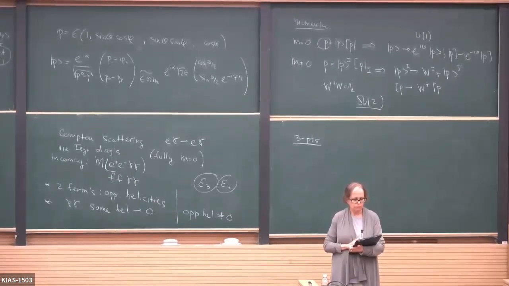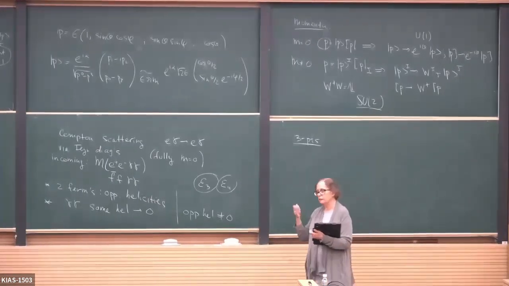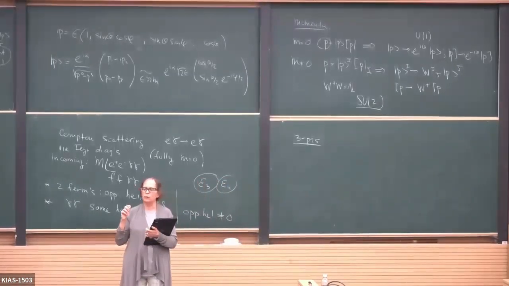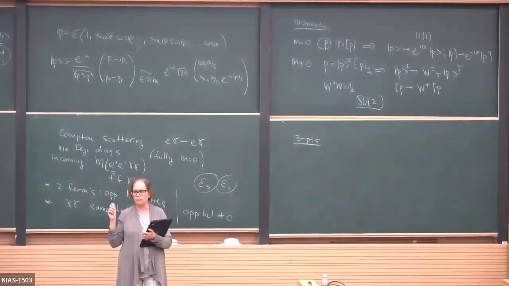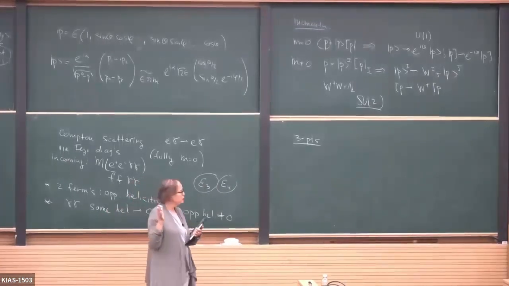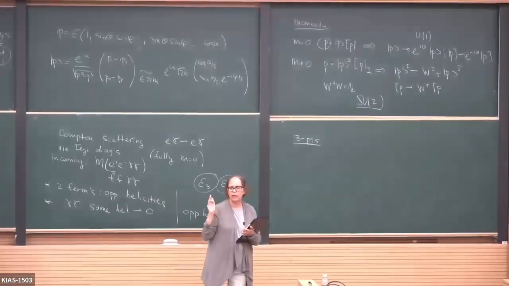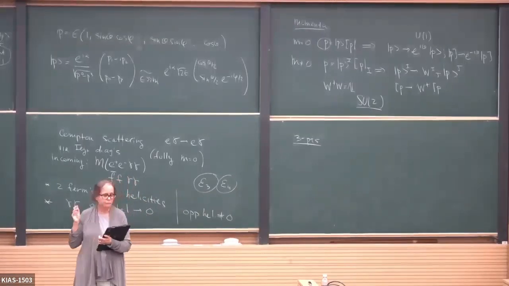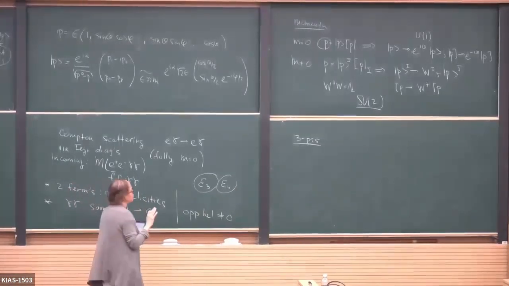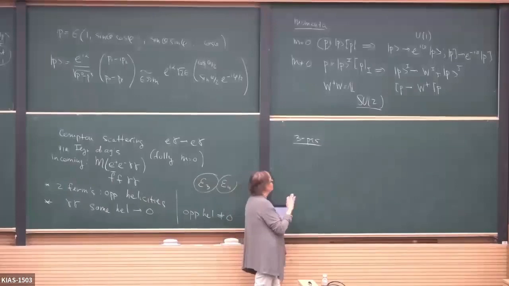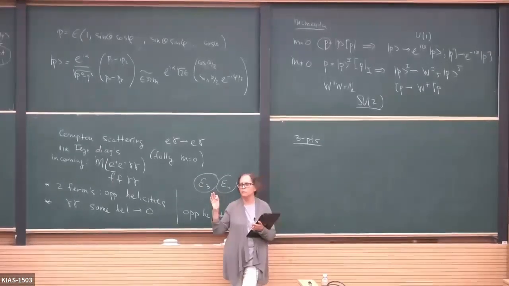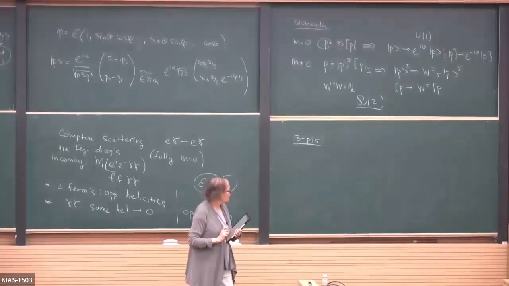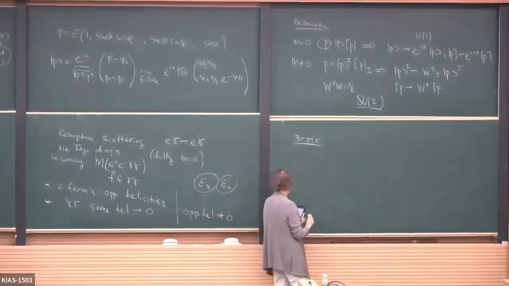So the example that I sort of advertised yesterday is what happens when we look at the interactions of spin 1 massless particles. So the first thing I want to do is look at the 3-point amplitude for 3 massless spin 1 particles. These 3-point amplitudes are, in a way, very, very simple. We can get all of them together in one line. So let's do that. Now, they're simple, but they're also a little tricky.